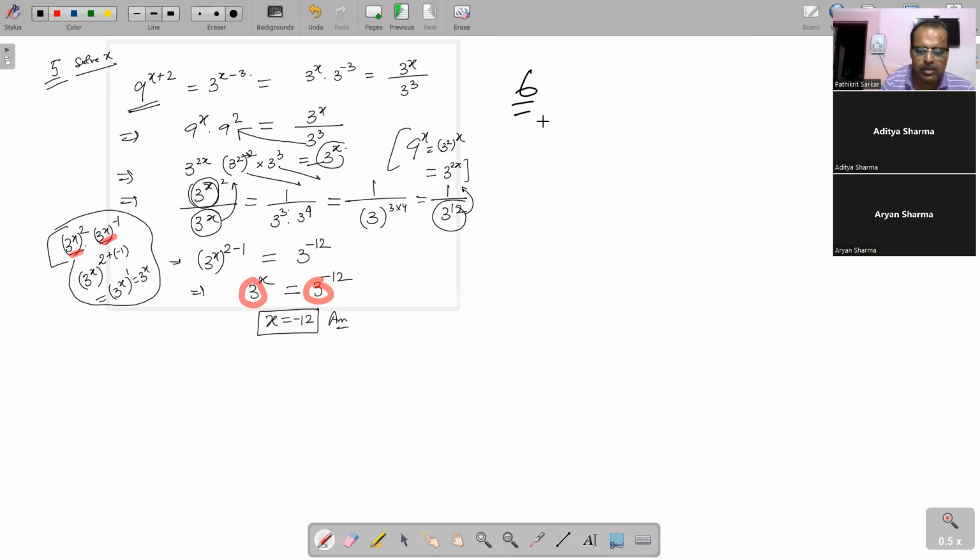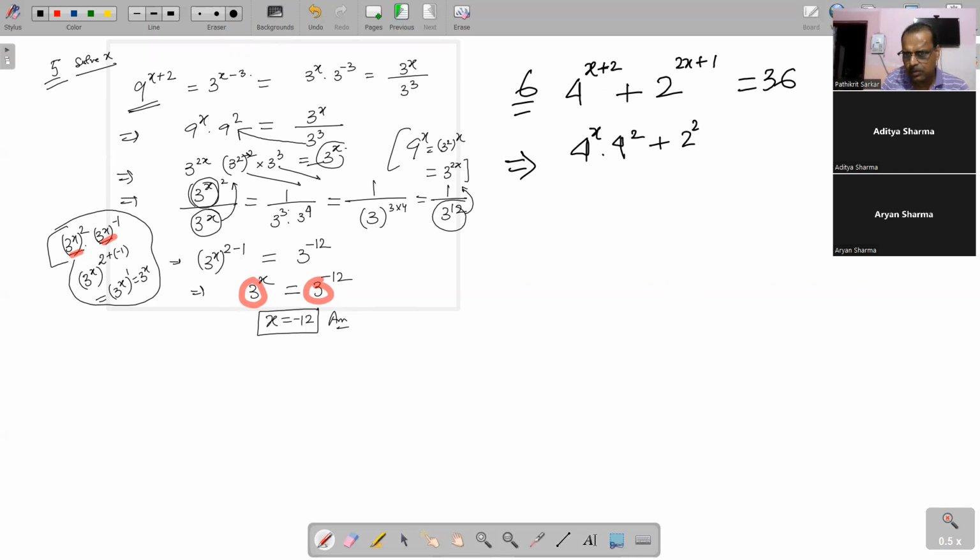Last एक और एक problem देखो इसी का, सर यहाँ पर लिखा गया, चलो और एक सॉल्व करते, x plus 2 ये दिया हुआ, plus यहाँ पर लिखा है 2 to the power 2x plus 1, और यहाँ पर लिखा गया that is equal to 36। तो इसको हमको सॉल्व करना है, मैंने x को सॉल्व करना है, कैसे सॉल्व करें सर, first ये ब्रेकअप कीजिए, इसको लिखिए 4 to the power x into 4 square, और यहाँ पर लिखिए 2 to the power 2x into 2 to the power 1, यहाँ पर लिखिए 36, just फॉर्मूला को अप्लाई करें।